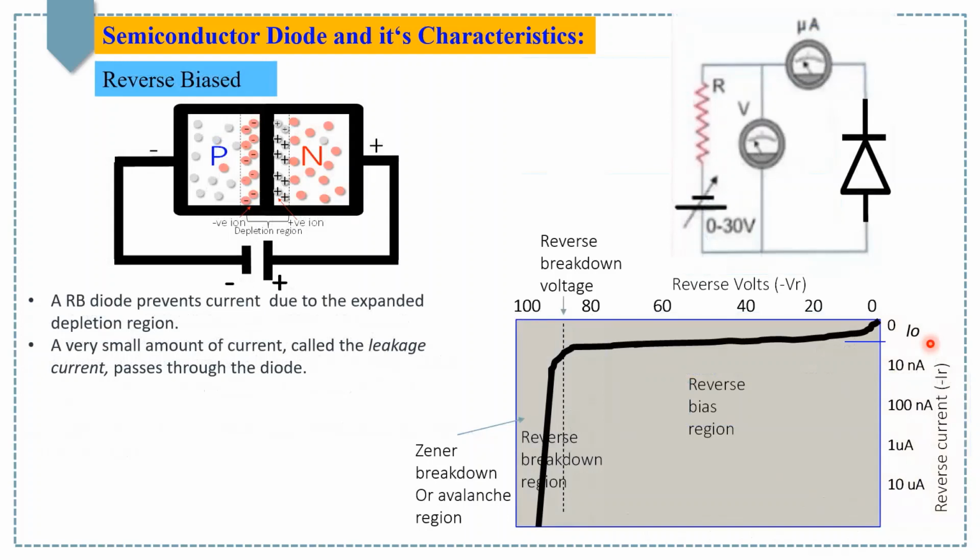Now, the reverse bias case. In case of reverse bias, positive voltage is applied to the n-type and negative voltage is applied to the p-type. The positive voltage applied to the n-type attracts electrons towards the positive electrode and away from the junction. Holes in the p-type are also attracted away from the junction towards the negative electrode. As a result, the depletion layer becomes wider, and this prevents current from flowing through the semiconductor junction.